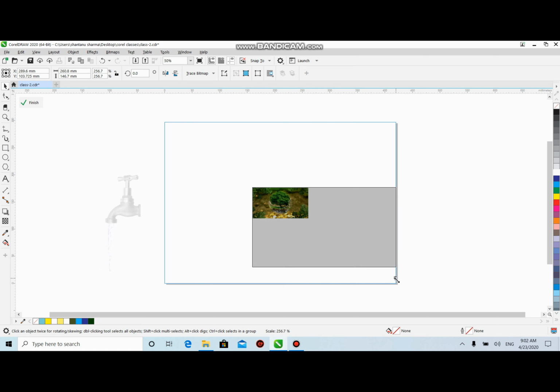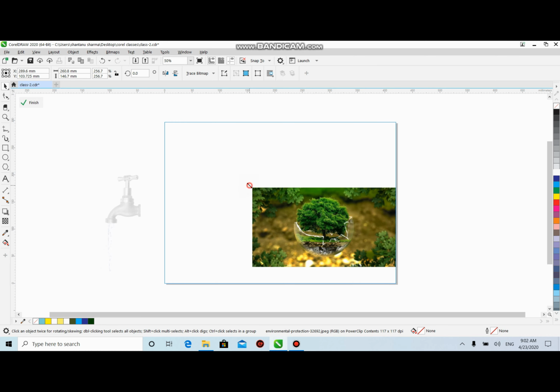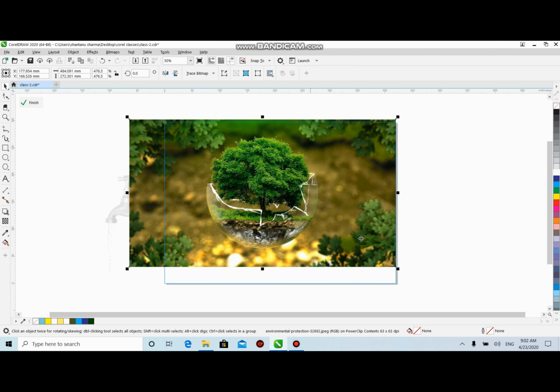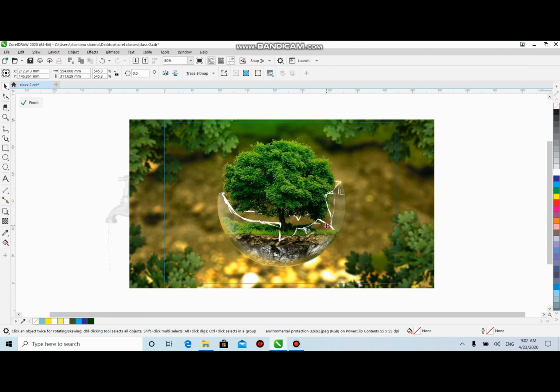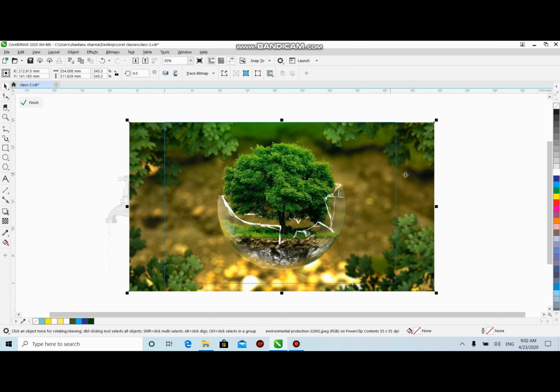So click and drag on any of the nodes. I will enlarge this picture because I need this as a background. Do not worry if your picture is coming out of this working area because I don't want this extra image. You need not crop; it will be automatically cropped once we are finished with the editing. So this is how I adjusted my picture.